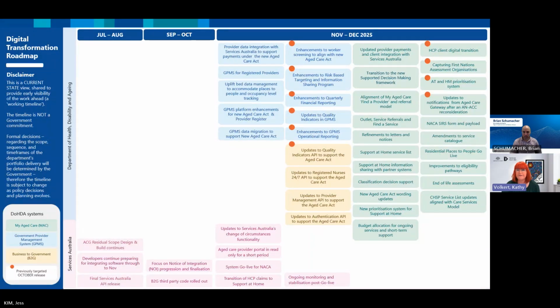We do have a final release of the APIs into the testing environment for software developers and vendors on the 15th of August, and that will be the final enhancements, and it does include some minor enhancements to the existing APIs. That's 15th of August. I think we've talked about those at webinars as well. And we don't expect any breaking changes beyond that.